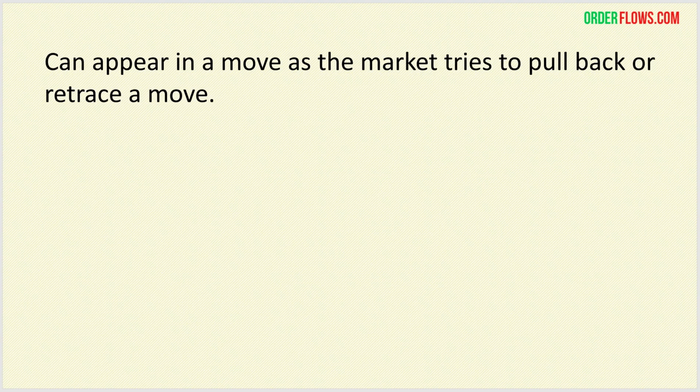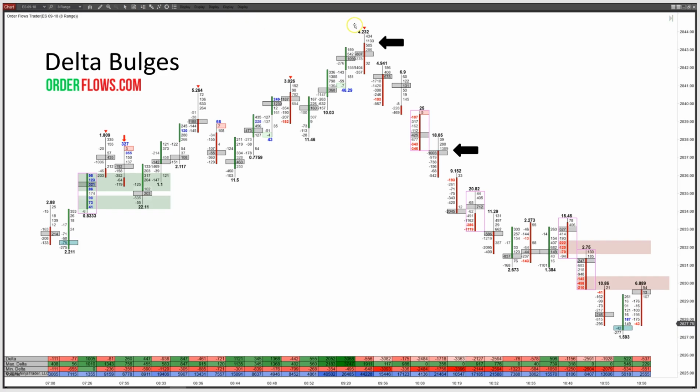Now, it can appear in a move as the market tries to pull back or retrace a move. What I mean by that is, you see here, the market hits a swing high, you got a bulge up here, 1133. It starts selling off, makes a little bit of a pullback up here, 1389, and continues on down. Over here, 633, this is what I talk about, by understanding what your volume is. Would I consider 633 or even over here, 782, a bulge? Well,